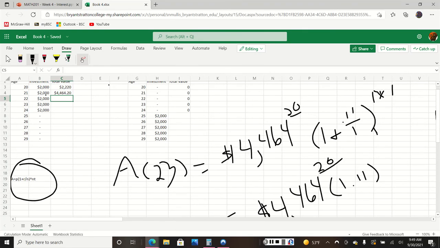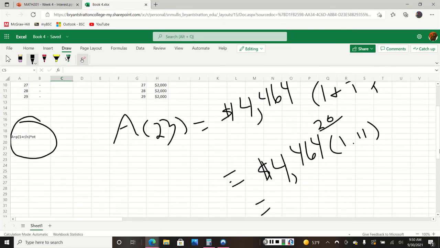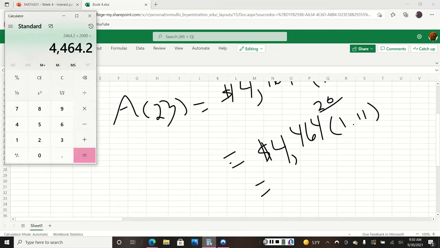So NT, so again, the number of compound periods per year is 1, and we're only looking for 1 year. So that's why these numbers right here are going to stay the same. This is the number that's going to change. So we're going to multiply $4,464.20 times 1.11 equals